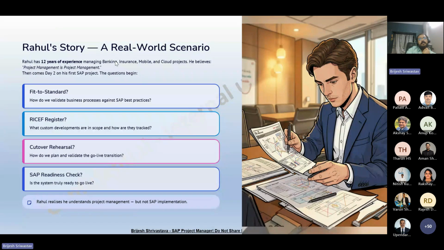Yeah. So suppose Rahul has spent more than 12 years managing successful IT projects, and he worked in banking, insurance, mobile application, and digital transformation projects. He is PMP certified and knows Agile, Scrum, managing stakeholders, everything. Rahul believes project management is project management. Whether it's banking, mobile, or SAP, it's all about managing scope, timeline, budget, risk, and resources. Many of us probably think the same way. Now imagine Rahul joins his first